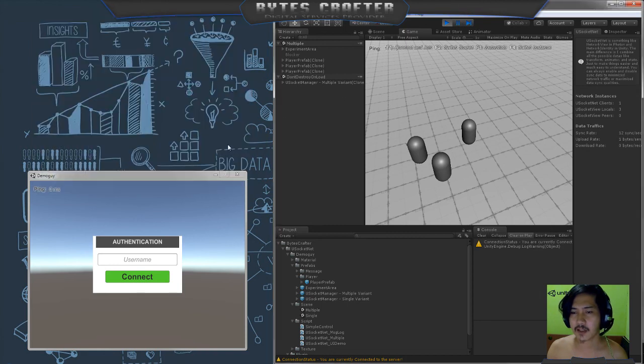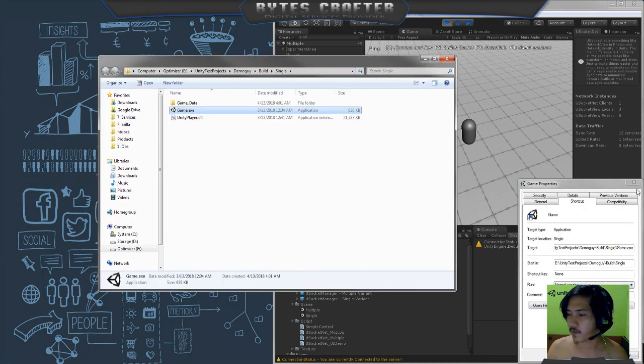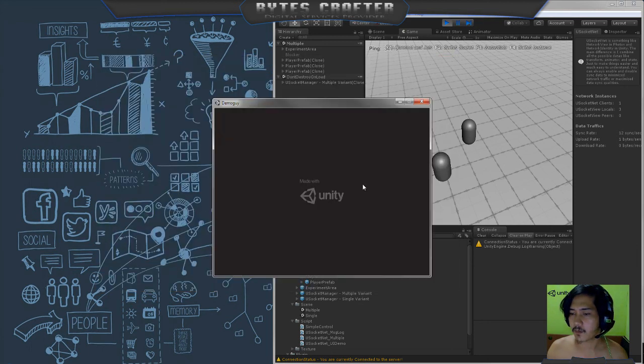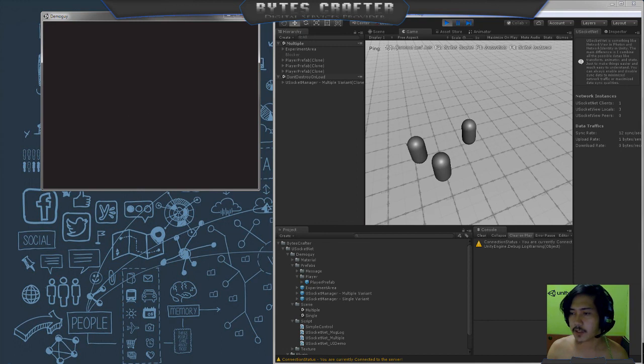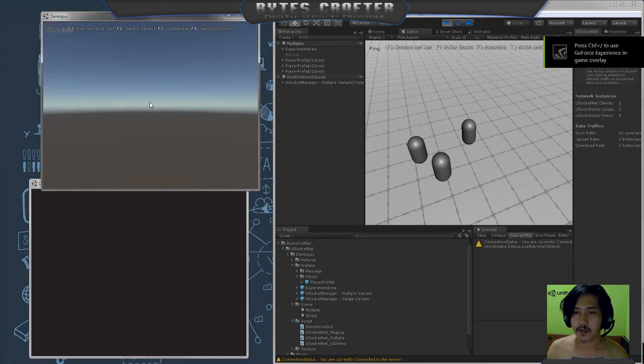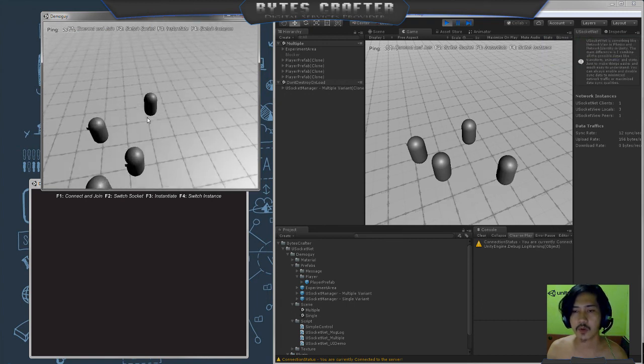Oh my god, this is the single one. Sorry. So disconnect this one, instantiate. Is it connected? Instantiate. So you have 3.